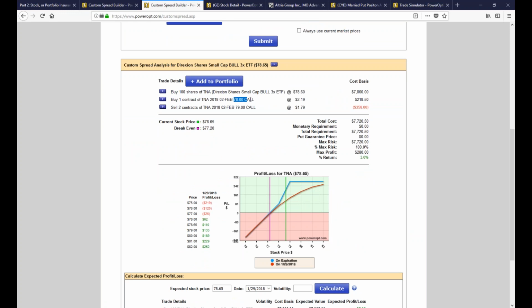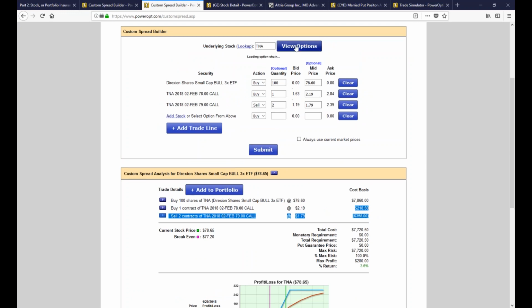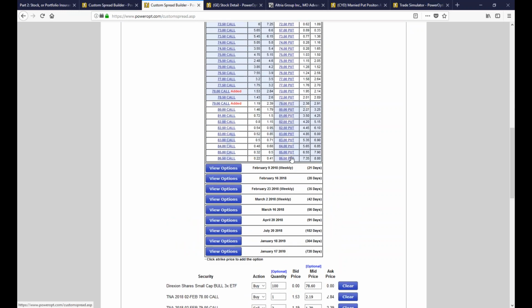But remember, look, I'm just barely in the money on the 78 strike. That's not bad. This gives you an extra oomph. Still only 3.6%. But now to be protected, remember, because you only collected a $1.40 net credit, which is good. $1.40 is good. But on the 14 days now,